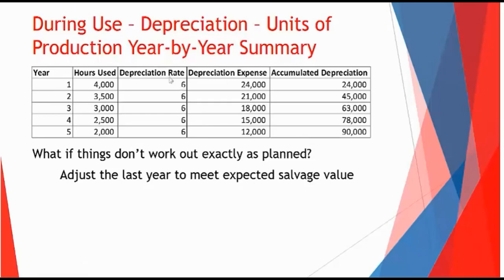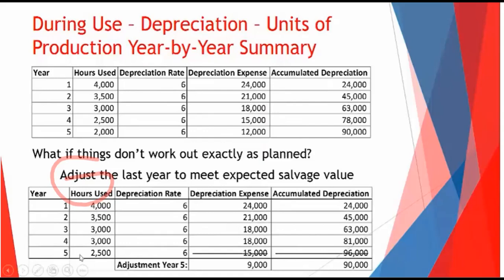So let's change the scenario. You see up here they're each going down by 500 hours used each year. But now I change it so this year 4 we had 3,000 and then the last year is 2,500. As you can see, if we would take full depreciation, 2,500 hours at $6 per hour comes out to 15 grand of depreciation expense in the last year, which would put our accumulated depreciation all the way up to 96,000. That was higher than we thought it was going to be, but that was only going to be 90. And so if we still think the salvage value is 10,000, so 100,000 minus the 10,000 salvage value would just mean accumulated depreciation should be 90. We would cheat almost this last year so that our ending accumulated depreciation comes out to be 90.